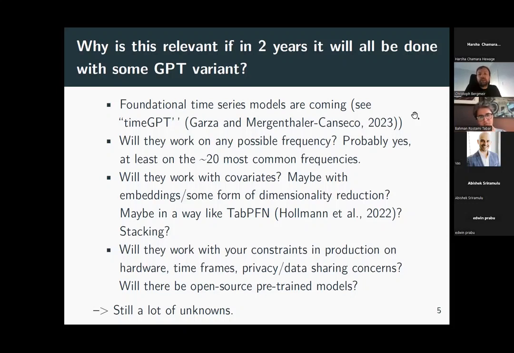So will they work with all of these possible frequencies? I think, well, maybe they could. I think, at least on maybe the 20 most common ones. Another really big question for me is, will they work with